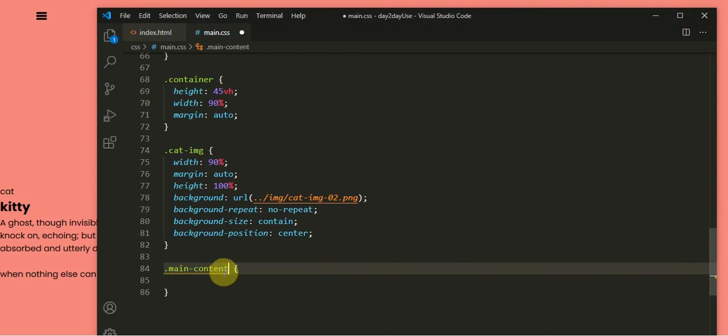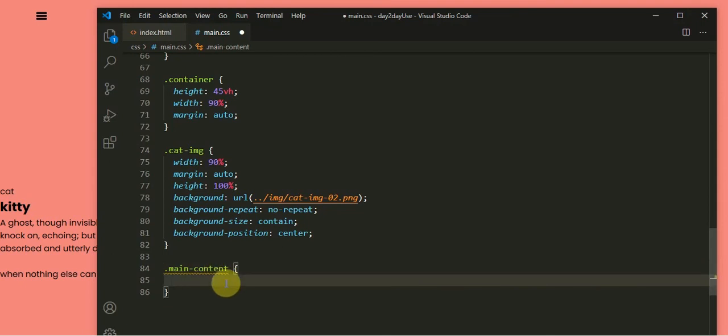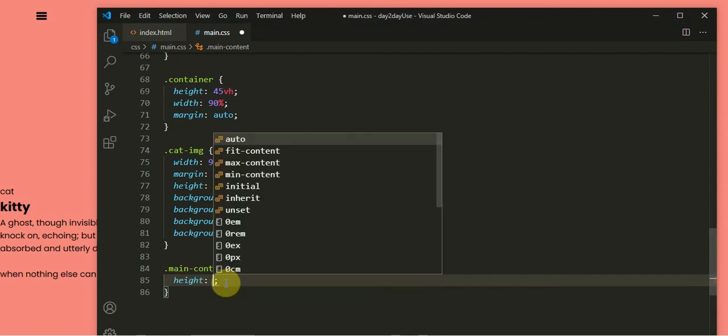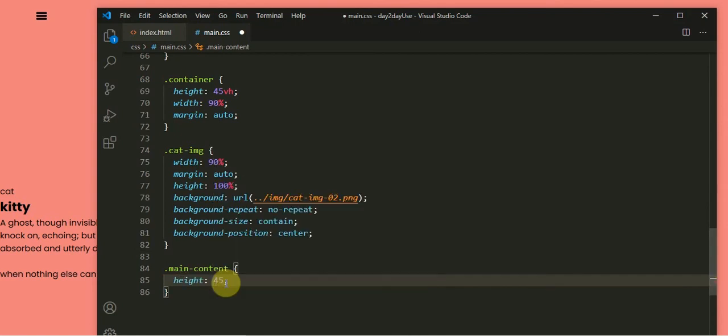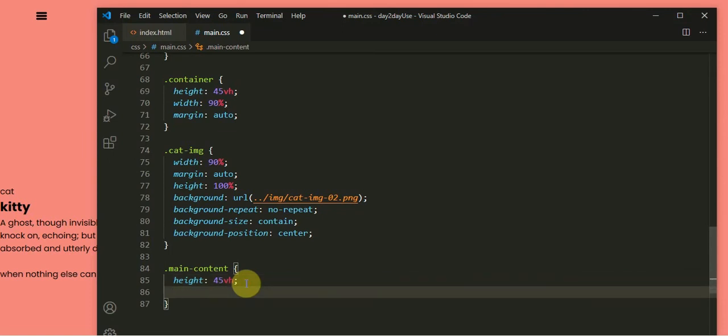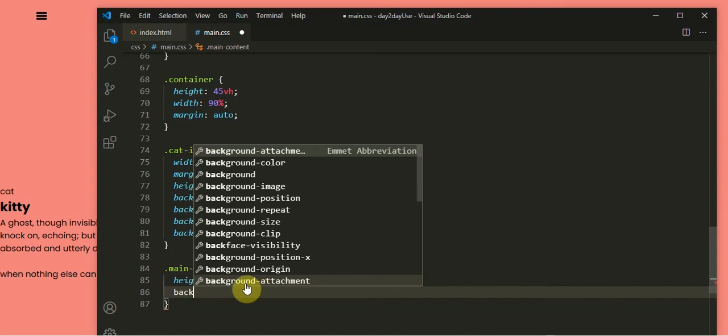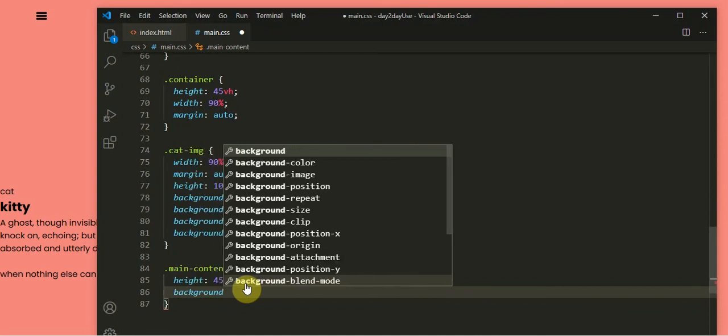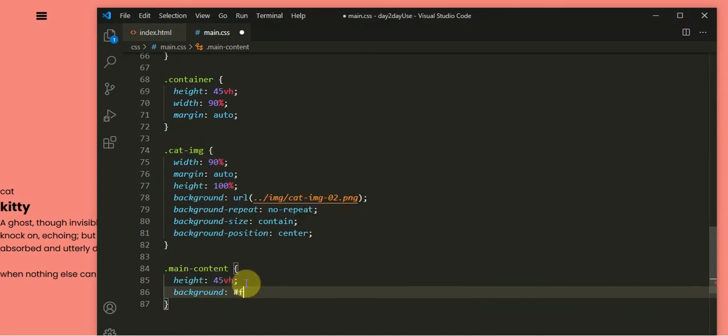Main content. Let's give it a height. Remember, we used 55 already. We're left with 45, so that's what's left. Then let's give it a background color so you guys see what I'm talking about. Let's make it white,